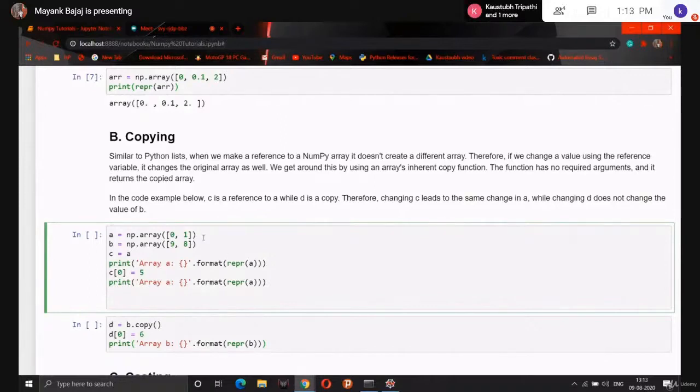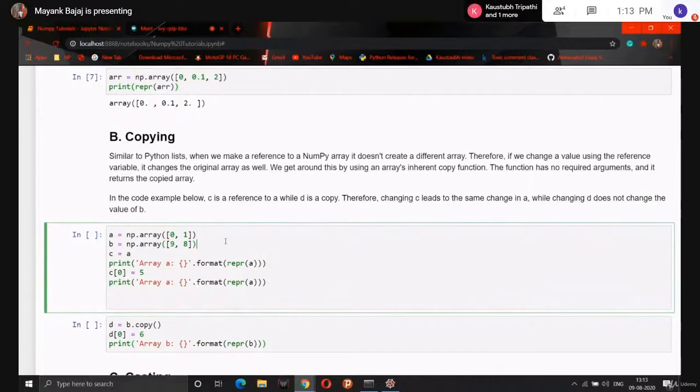First of all, guys, here you can see we are passing one list. This means it will be a 1D array of one row only and two columns. So guys, our first array will be 0 and 1. There will be only one row, the first column will be 0 and the second column will be 1. I hope you understand this concept, how a NumPy array is created. I just told you now.